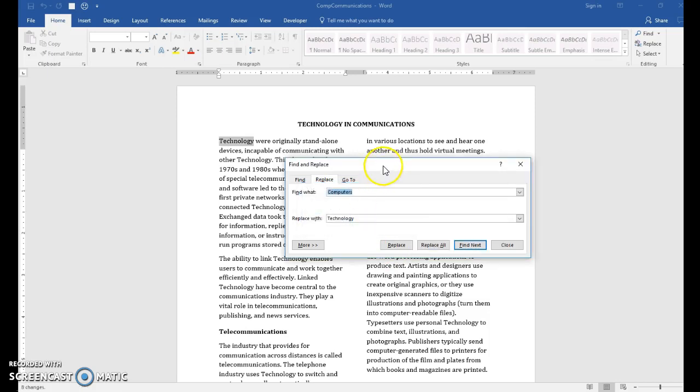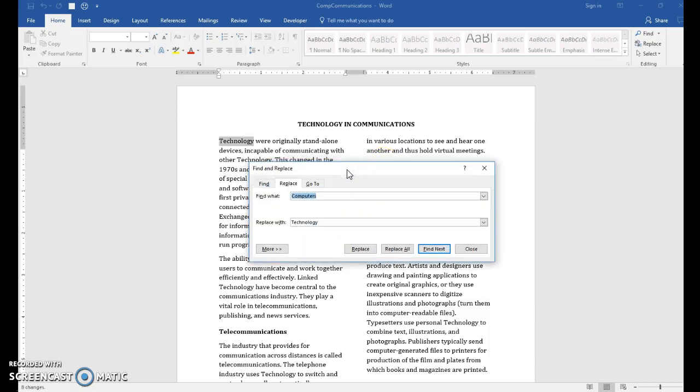This came in really handy when I was doing a monthly newsletter. I would bring up the newsletter, I would do a search for the month, so I would say, okay, find September and replace it with October. And I would do replace all, and I didn't have to go through and find every occurrence of the month. It would just make those changes, and it was super handy. All right,